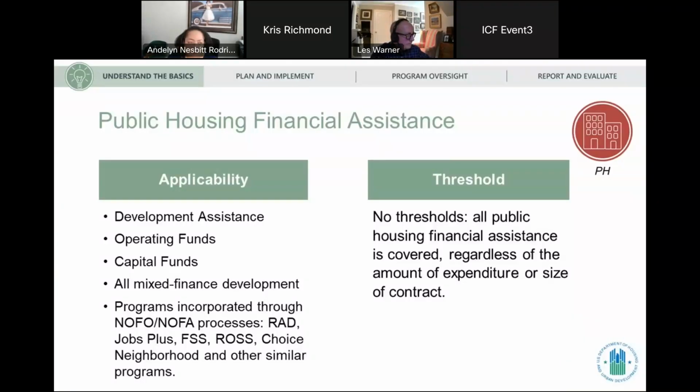Okay, so for public housing financial assistance, you're going to be reporting on a fiscal year basis, so not on a project by project basis like housing and community development. On a fiscal year basis, these folks work under the FSS and Ross programs.